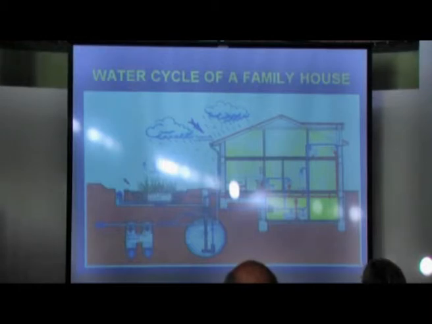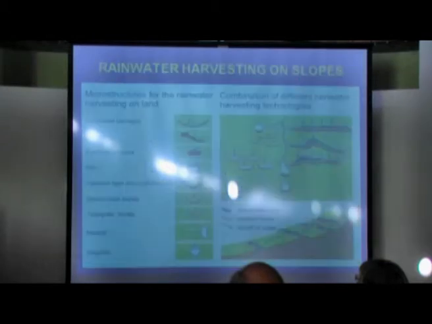Yeah, and it's a very simple solution around our houses, how to recycle and to close more water cycles. Because we can use water a lot of times, and for example, what we use in our house, we can harvest and collect and clean and vapor to the atmosphere, and it's a very fast system without losing water and energy from the system. And these are very simple techniques how to harvest rainwater on the lands, how to recharge water and to stop runoff,